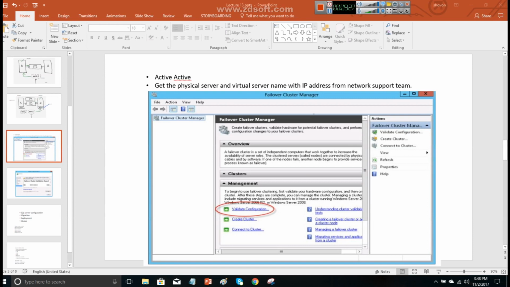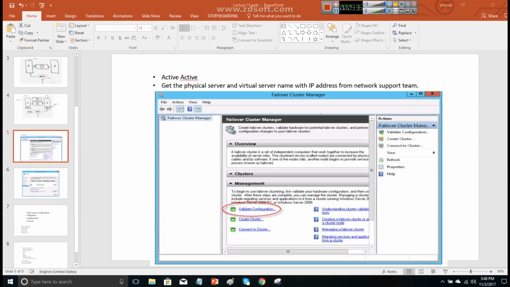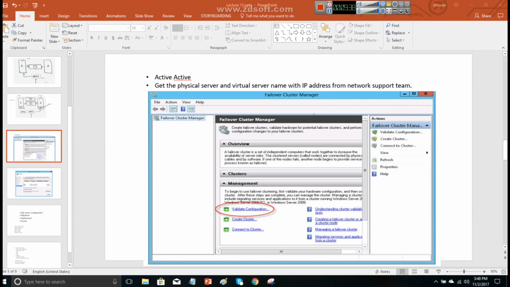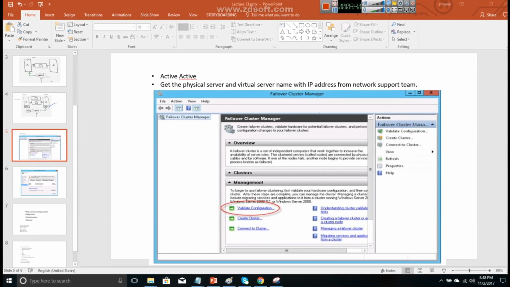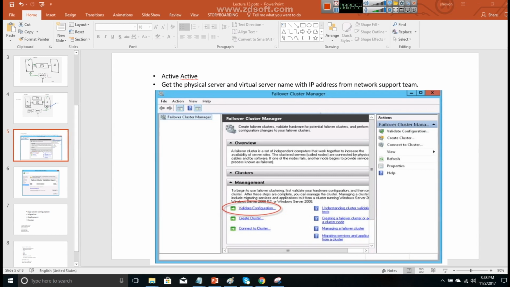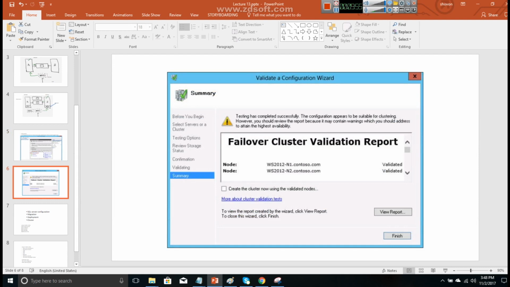And we will see. So the first step is validate cluster. From Windows Server, you have to go to Failover Cluster Manager, and there you will see this feature, validate cluster configuration. Once you launch that, it's a wizard, step by step. You need to provide what disks are needed, and you just select everything, and then you go to the end page. Once you're done, validating will take an hour or two,